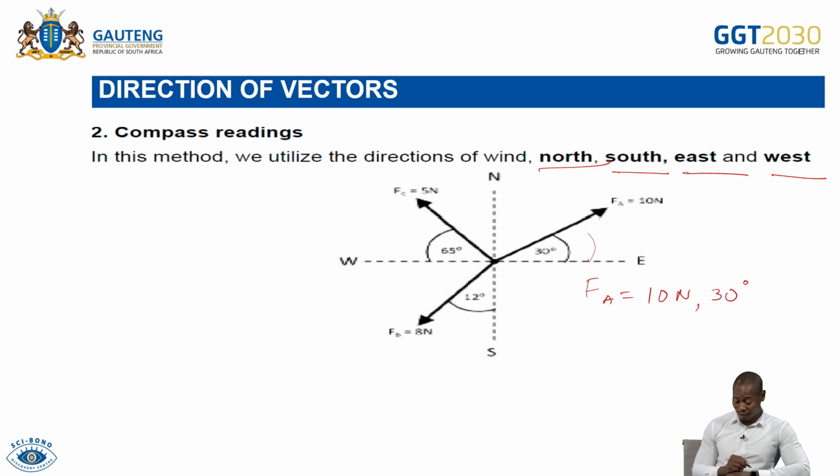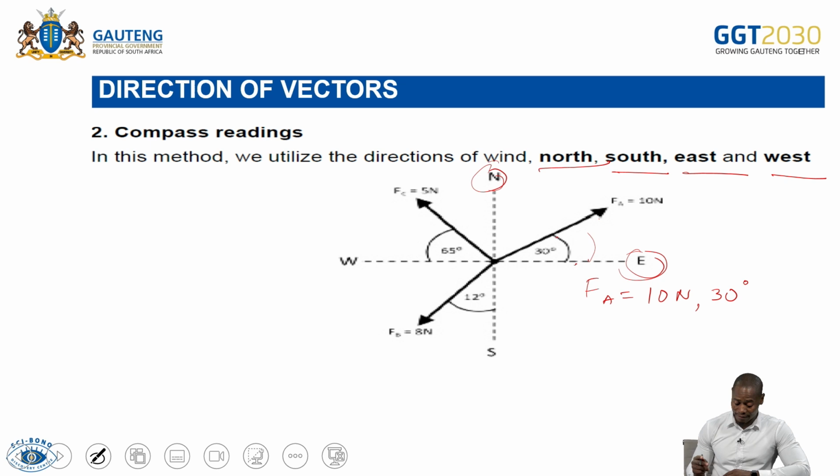And you can see your FA is between north and east. But this 30, where is this 30? This 30 is between this force and east. Then we can say 30